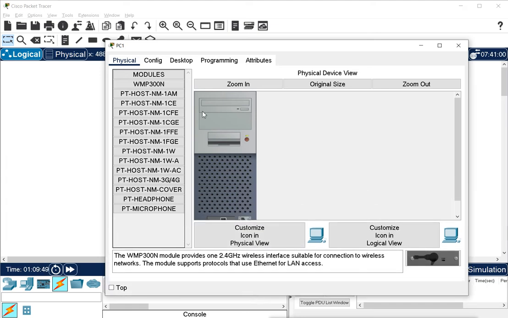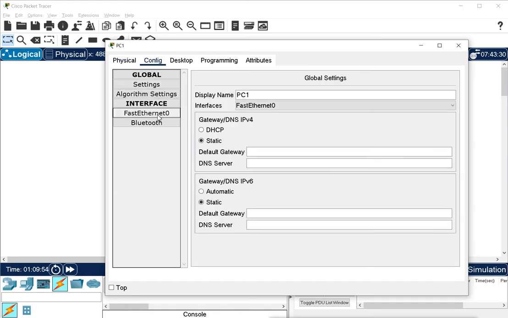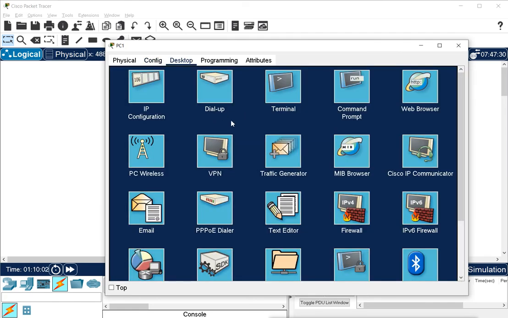We have these other options also available, where we have the config option. This option is to configure your device, configure your PC, and this is the desktop of our PC, where we can configure the IP addresses for this PC, use the dial-up connection, go for the command prompt, the browser, the Cisco IP Communicator, SNMP MIB browser, traffic generator, VPN, wireless configurations, firewall, email and text editor, Bluetooth.